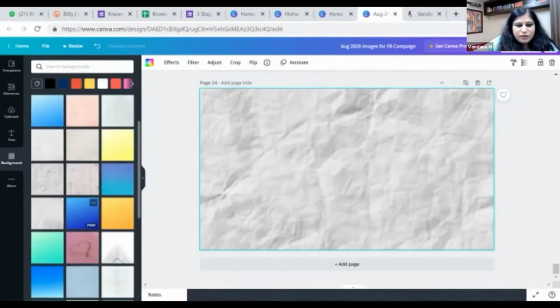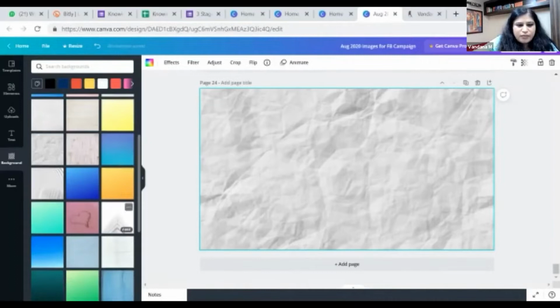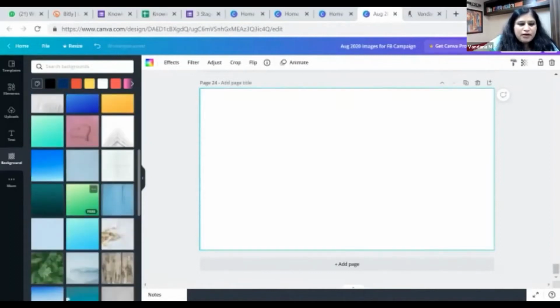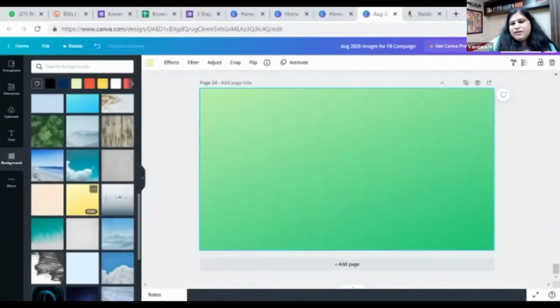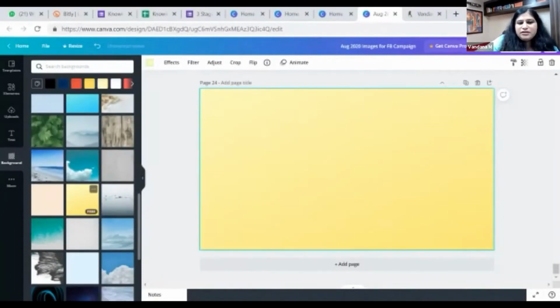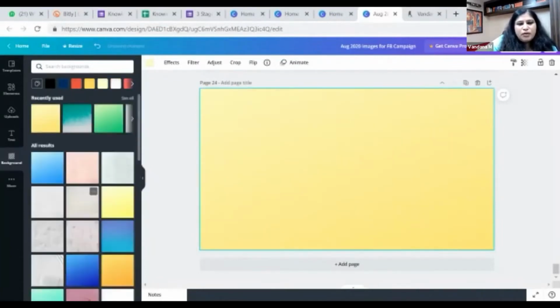Whatever is free, you can choose that, and they have a good number of options in free as well, right? Say I like this, or even this is very nice, right? It depends on your need, plain color, solid color. Once you have chosen your background, you can keep it white as well.